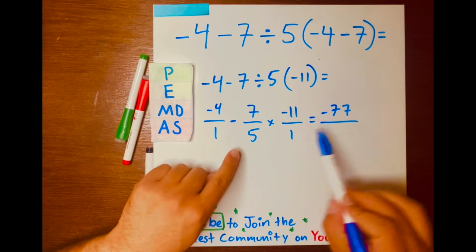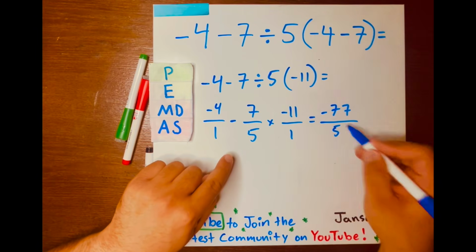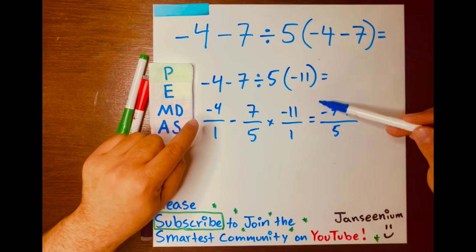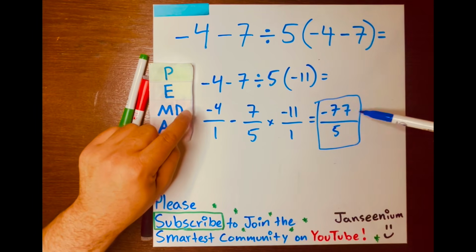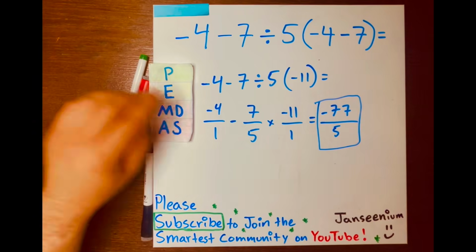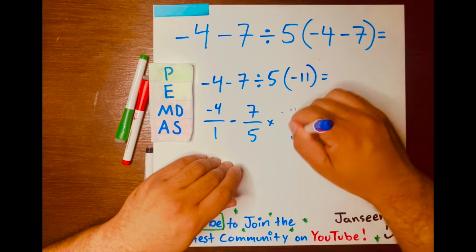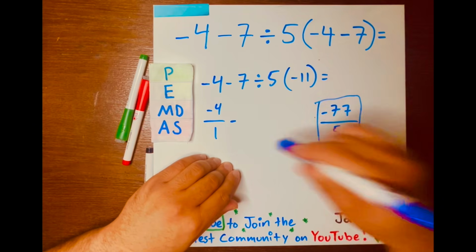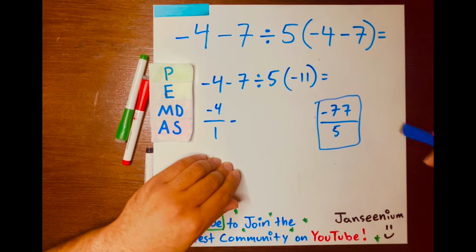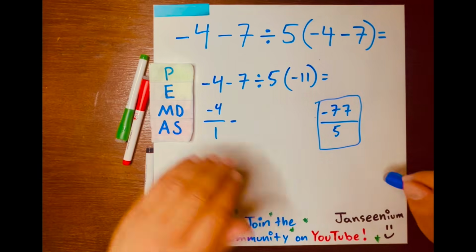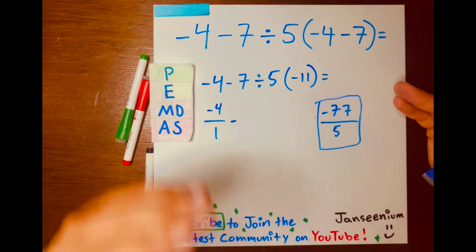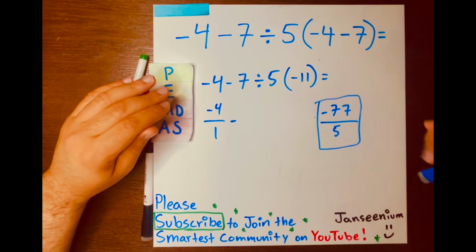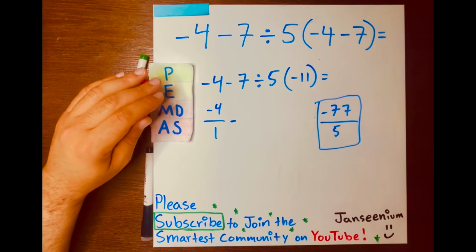And then over 5 times 1 is 5. So this cannot be broken down further. -77 over 5 it is. Next, don't leave yet because we need to get a decimal answer. And it looks like we may get a mixed number answer, but let's see. If not, then we can only give the proper fraction answer and the decimal answer, but we're going to use